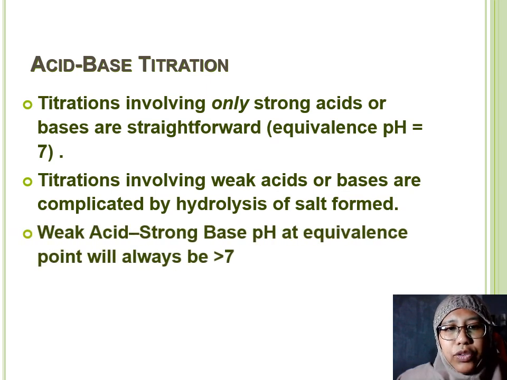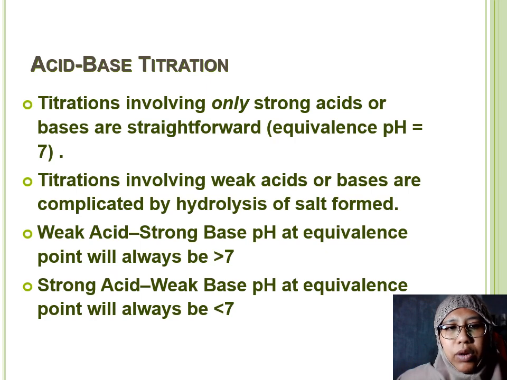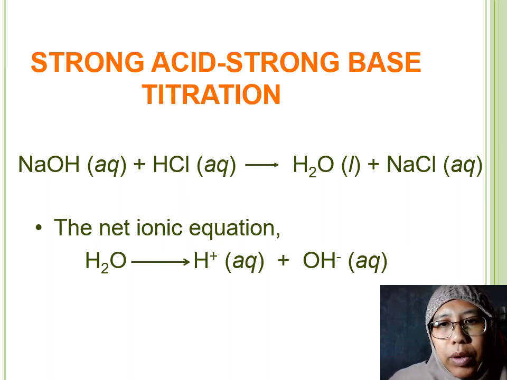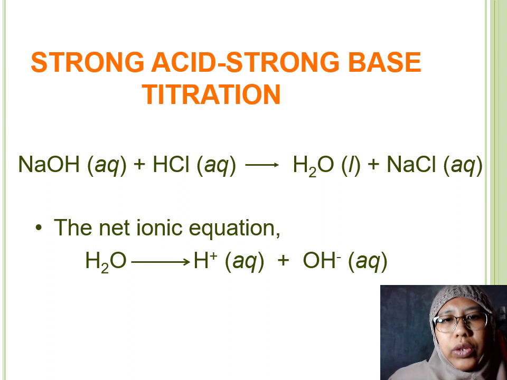Weak acid and strong base would have the pH at the equivalence point more than 7, whereas strong acid and weak base would have the pH at equivalence less than 7. Now let's look at the titration of strong acid and strong base. This is the balanced equation: sodium hydroxide aqueous reacts with hydrochloric acid aqueous to produce sodium chloride aqueous and water liquid. The net ionic equation would be